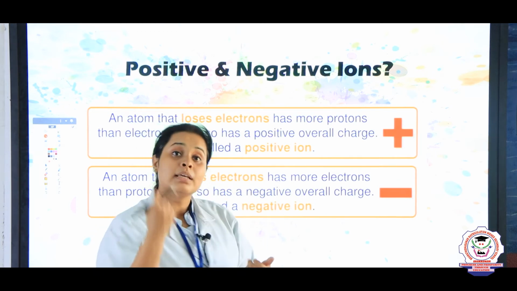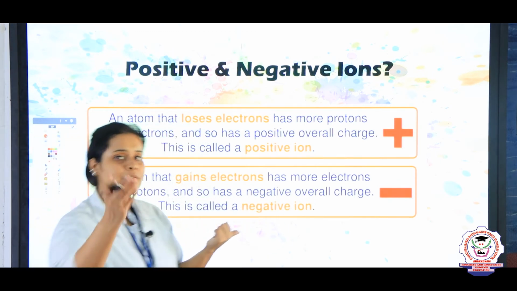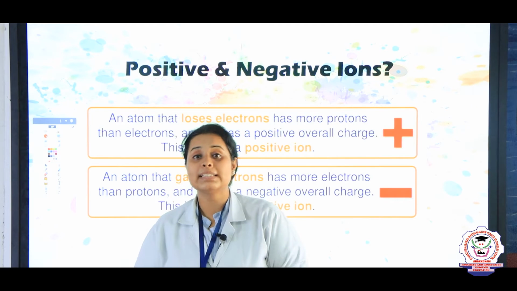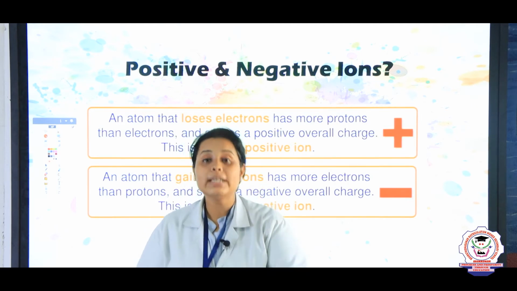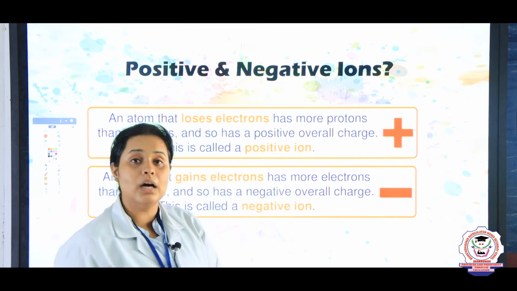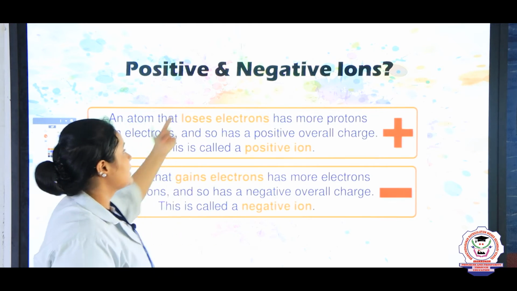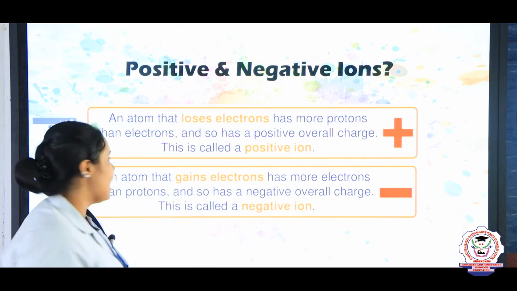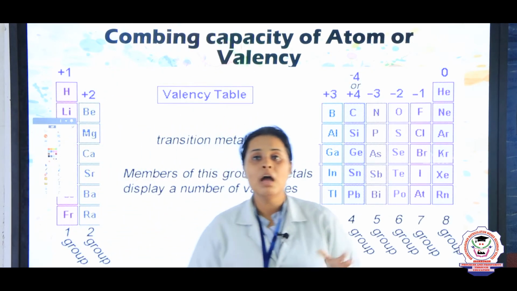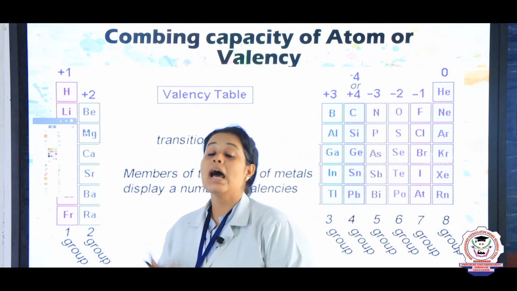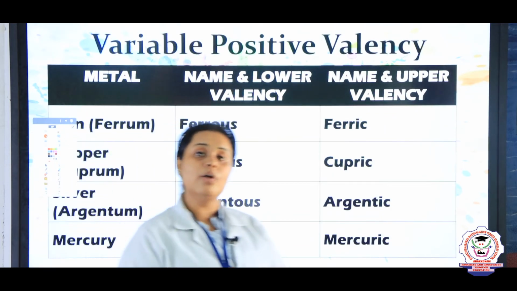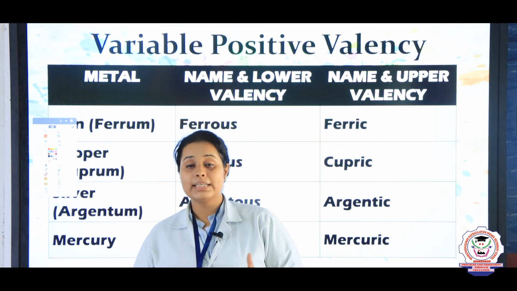Na+. Same way, for other elements, for example, take fluorine. Fluorine has 7 electrons in its outer shell. To be fully filled it needs one more electron, right? When it takes one, a negative charge comes, and that negative charge is known as an anion. So positive charge is cation and negative charge is anion. Same way, we are going to see how the valencies differ and how they are notified. So children, there are valencies of different elements. For example, you can take iron.